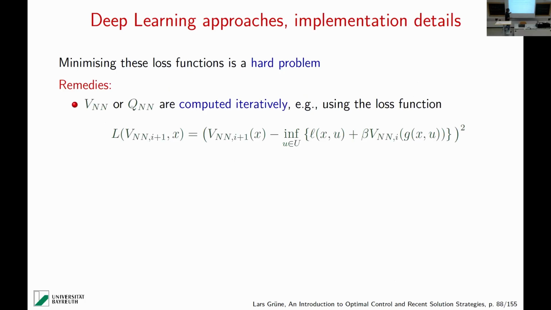So what you do is you put an iteration index on your VNN, and you get some initial guess. Then from VNN i, you compute VNN i+1 by minimizing this loss function here. Of course, you have to sum over the data points. This would be the loss function that you sum up. And the nice thing is that this is a standard regression problem. This is supervised learning in a way, because you would like to have this function assume this value here. So that's again supervised learning, but one after the other and iteratively. And then you have to analyze that. It's not easy to really prove that this will converge.